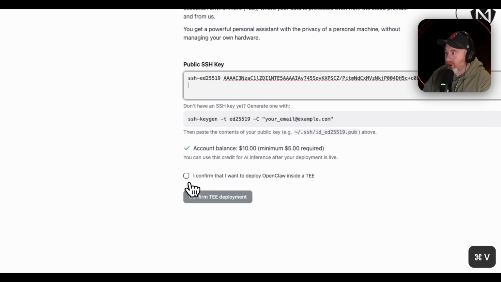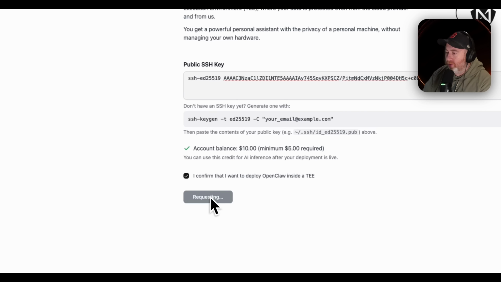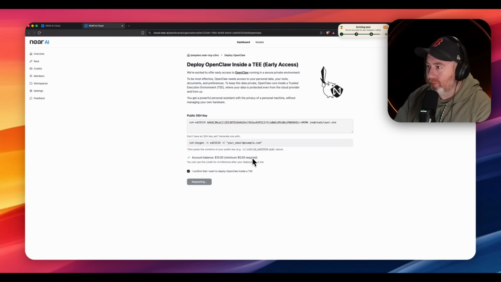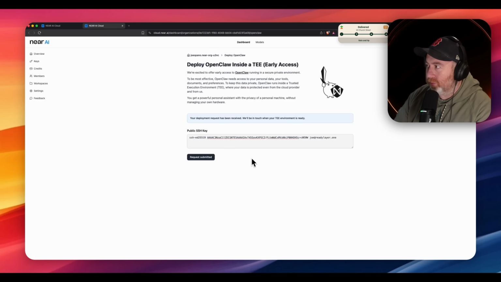I put my key in. Yes, here we go. Request deployment. And we're off. Okay. It looks like they will be in touch when it's ready. So we will pause here and go back to it when it's ready.